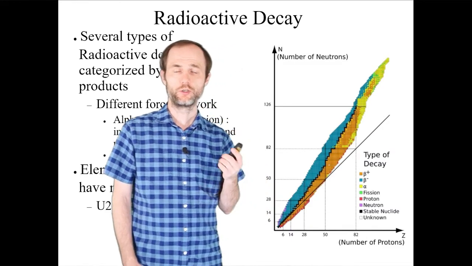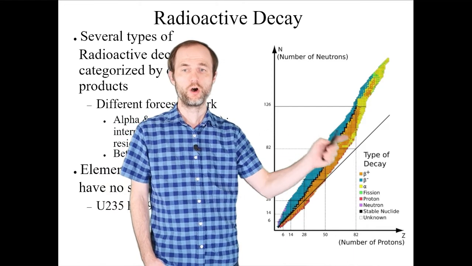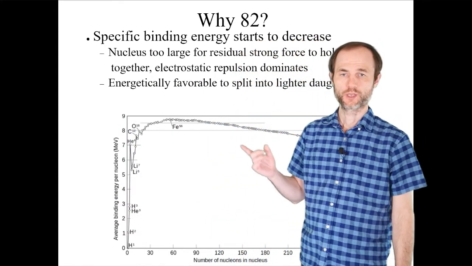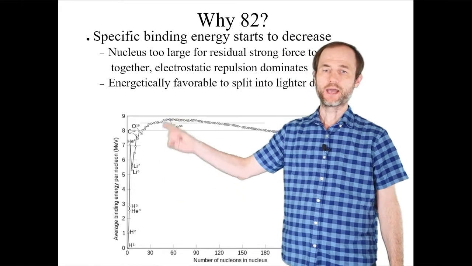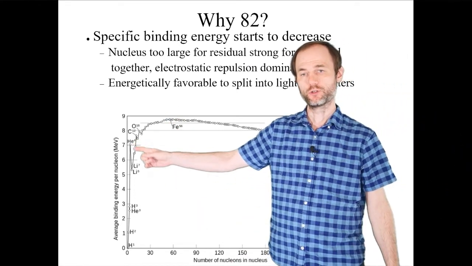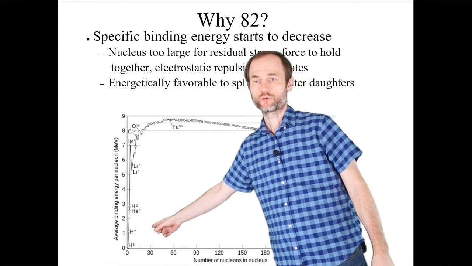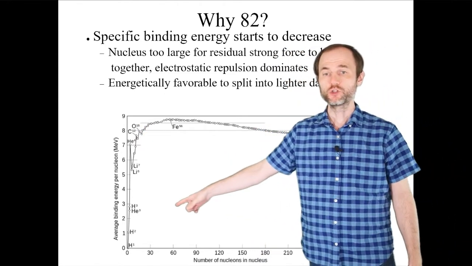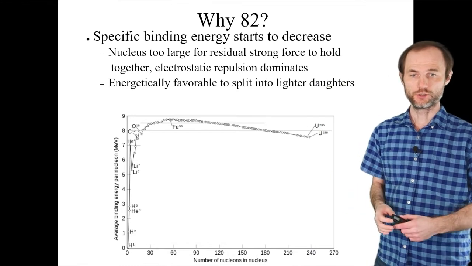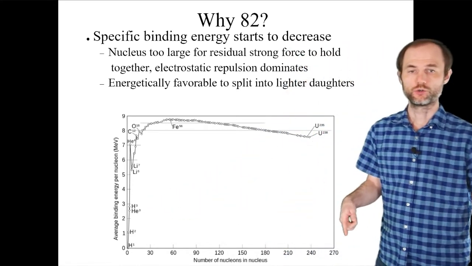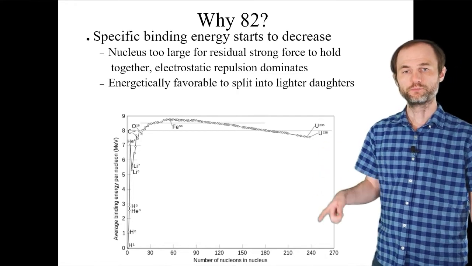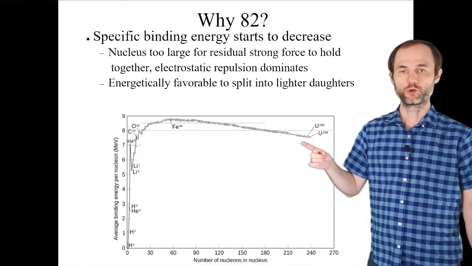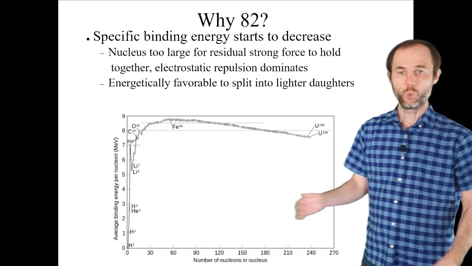So what is the physical reason for this instability of heavy nuclei? This comes from basic energy conservation. If we plot the average binding energy per nucleon in mega electron volts on the y-axis, which goes from 0 to 9 MeV per nucleon, versus the number of nucleons in the nucleus, which ranges from 0 to around 240, you can see that the specific binding energy per nucleon is going down with the increasing number